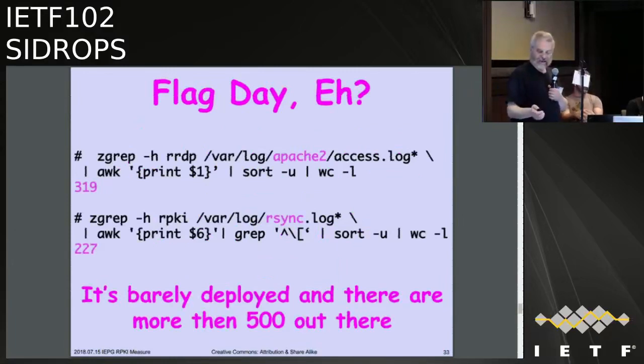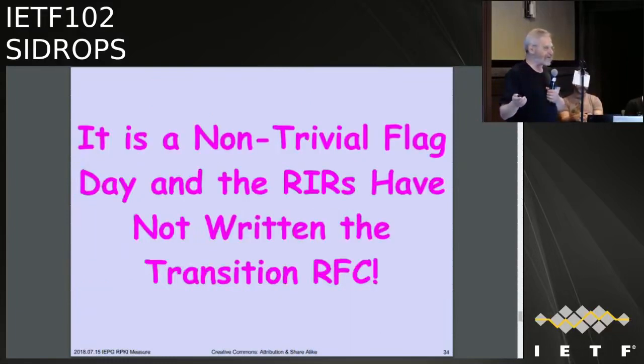This is an actual count, and you'll notice it's quite different than George's, of the number of RRDP fetchers, unique IDs fetching RRDP, and unique IDs fetching rsync. That those are significantly different from George's is fun, and we've already agreed to scrape up a grad student, fetch all the CAs, and find out why this is different. As I said, George and I are friends and do research together. But there's a lot of folk out there to have a flag day. As Chris says, it ain't going to get less. If we're going to do a change, do it now.